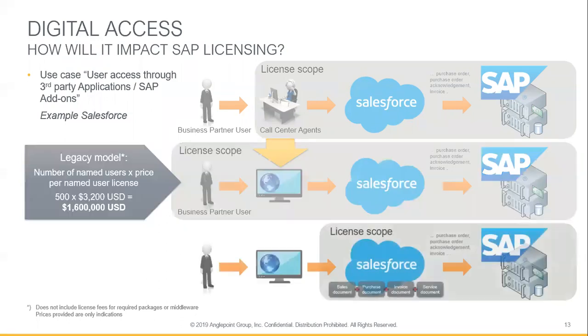Now with digital access, that pain goes away, but another pain kicks in. Since when we talk about license scope, the question of the users is now out of scope. It's really just a question of what is being created in that process. But what you can see here is that we're not just talking about any kind of data being transferred back and forth between Salesforce and SAP, but it's really the different documents, again coming back to the document definition from SAP, that are being exchanged.